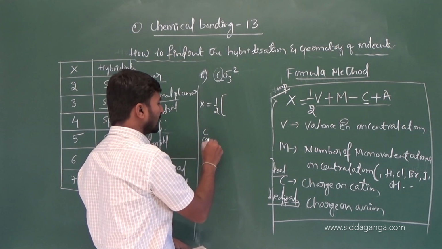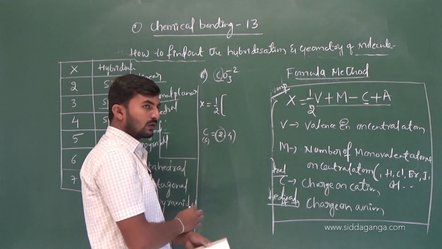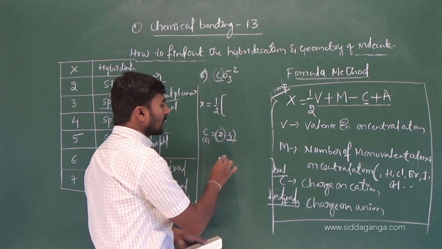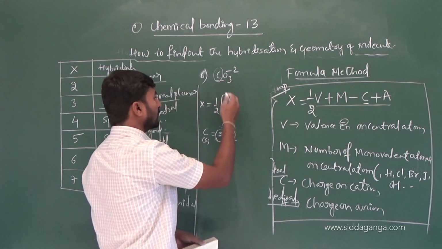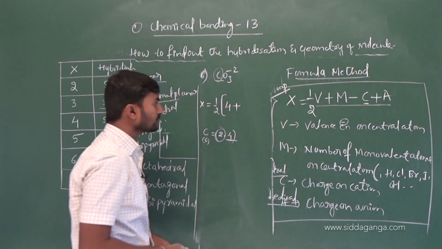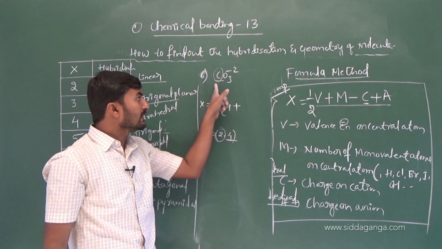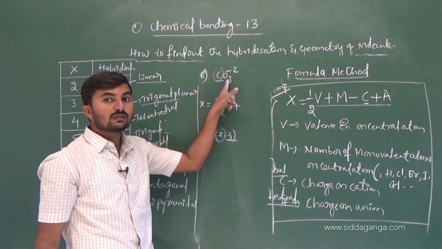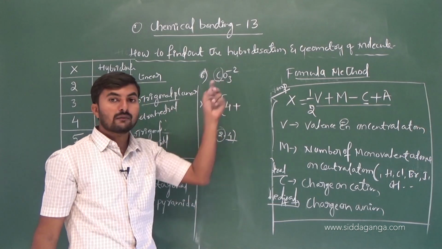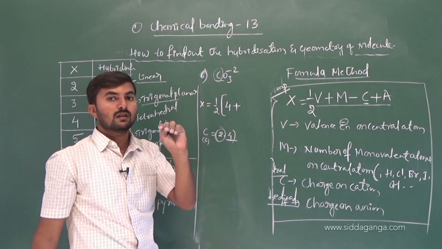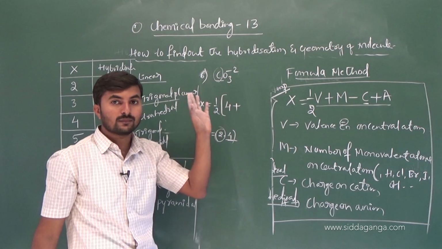Carbon will become the central atom. It is having 2,4 configuration. That means 2 went for ground state and the remaining 4 electrons are present as valence electrons. How many valence electrons on central atom carbon? 4 plus. Here, in this example you have to observe very carefully that the central atom is attached to a divalent atom, not a monovalent atom. Oxygen has 2 bond capacity, we call it divalent. That is not monovalent. These we should not count.